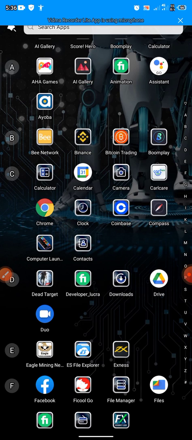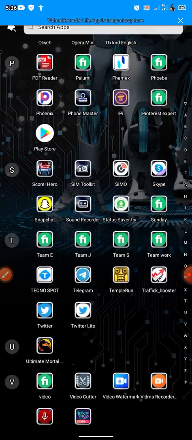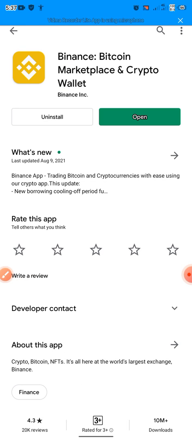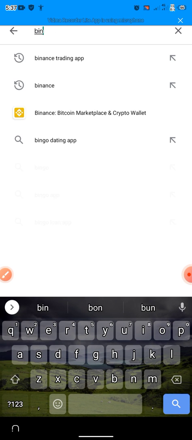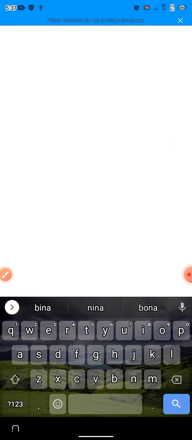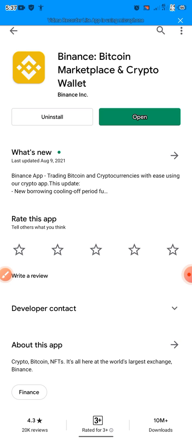So let's proceed. Now the first thing is what? Go to Play Store. So after going to Play Store, click on what? Search for Binance. Click on Binance and then install the Binance app on any mobile you are using. Just click on install, and then after installation,